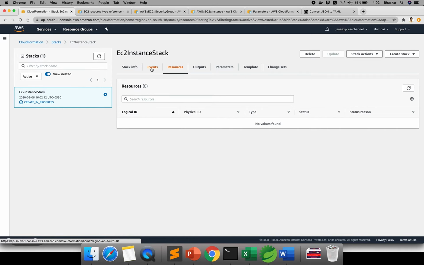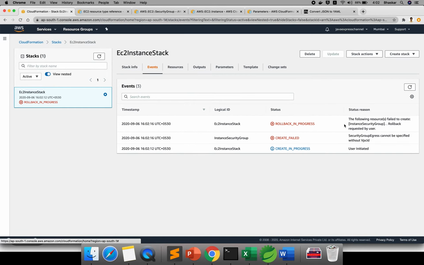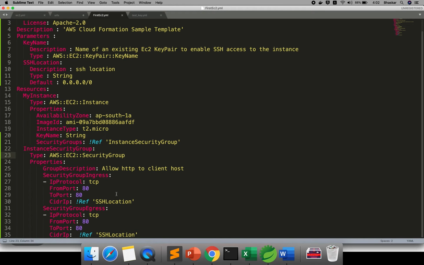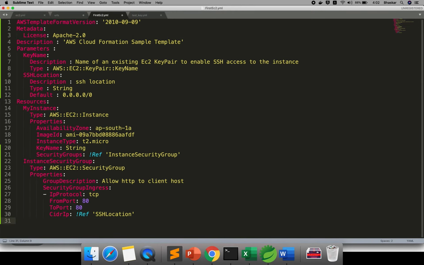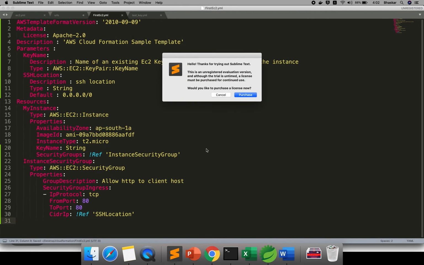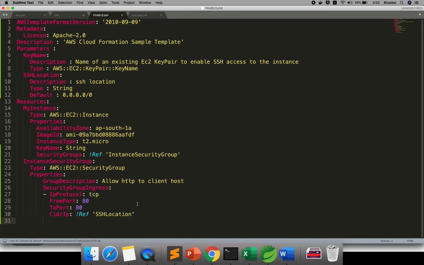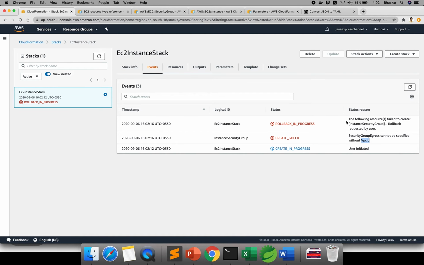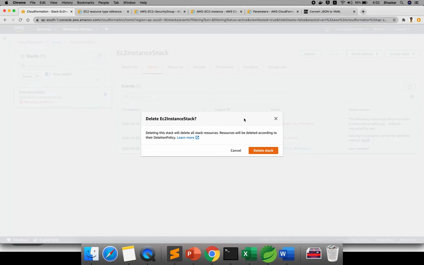If any exception happens, you can see it. Now if you see here, security group ingress cannot be specified without VPC ID. That means without a VPC you cannot do it, it is saying. I don't want any outbound rules, so I am removing this option. Inbound rules, for logging in from your system, you can remove. Now it is showing an exception. See, what I will do now is delete this one.